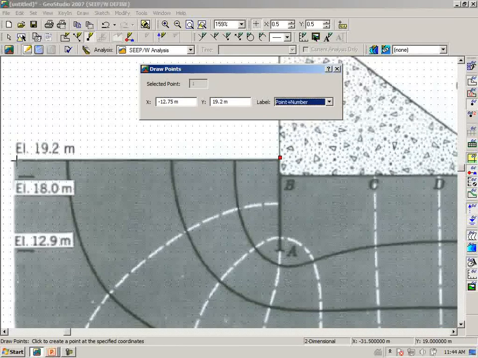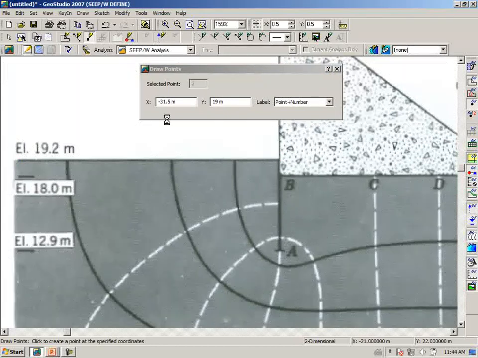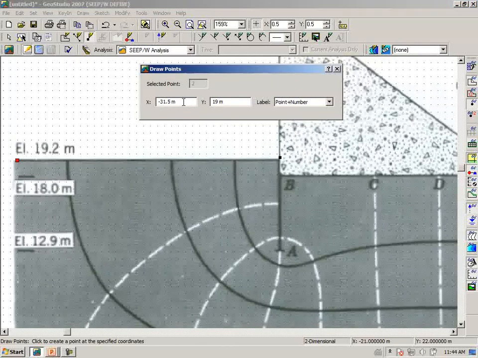We need another point here, which is minus 31.5. Let's make it a minus 32. And the y coordinate is 19.2. We need a point here